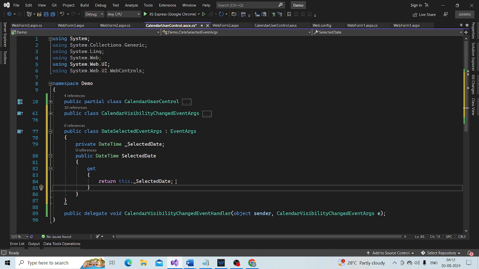Okay, finally we need a constructor which can be used to initialize this private field. So let's go ahead and create that constructor.